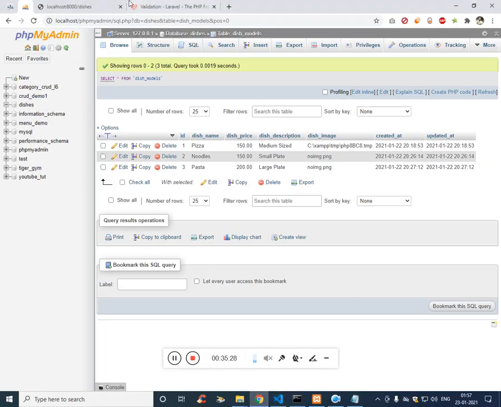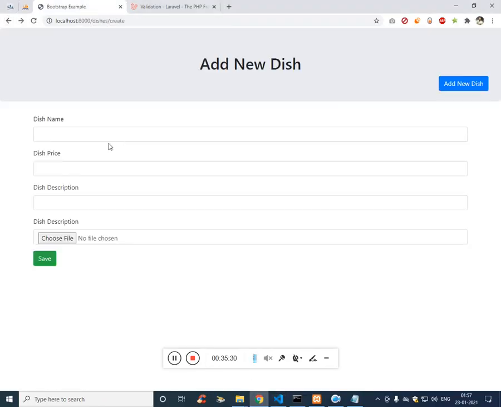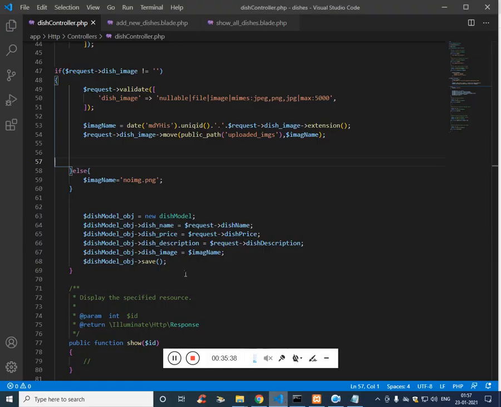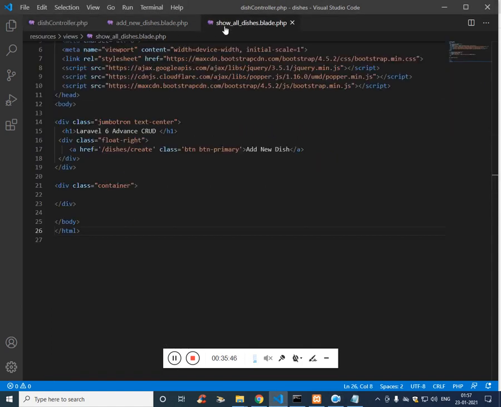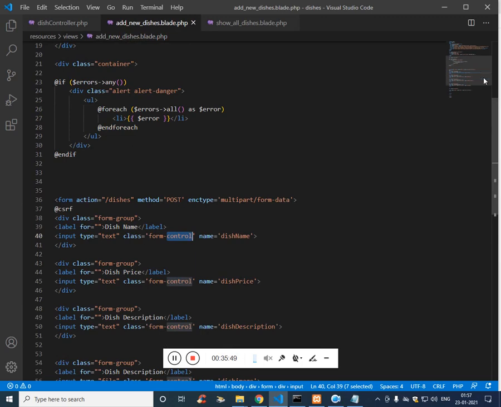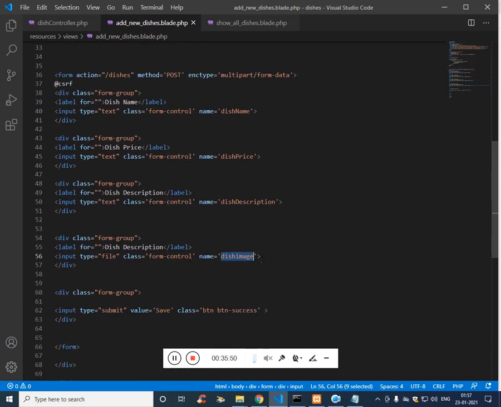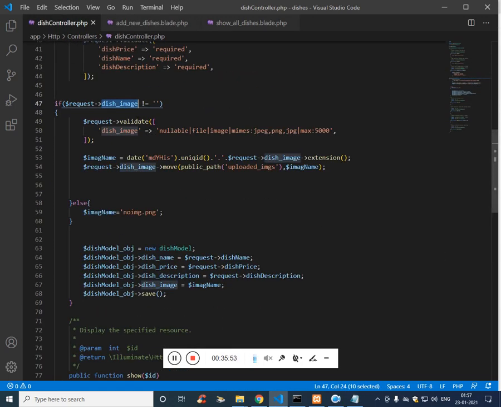Now let's try to validate without inserting the image. Yep, it is not getting inside this itself. Actually this is the column name, I believe. We have used dish. I'm so sorry for that.